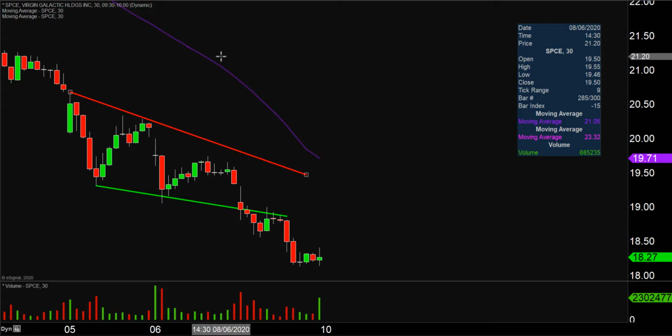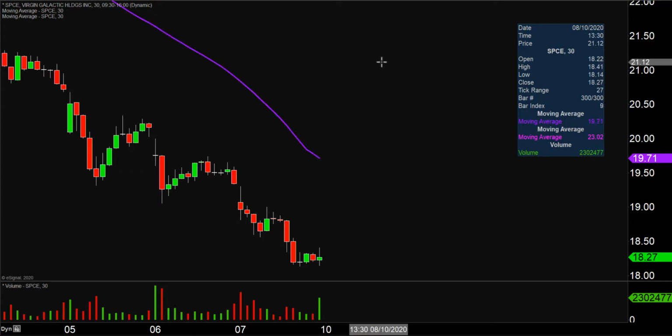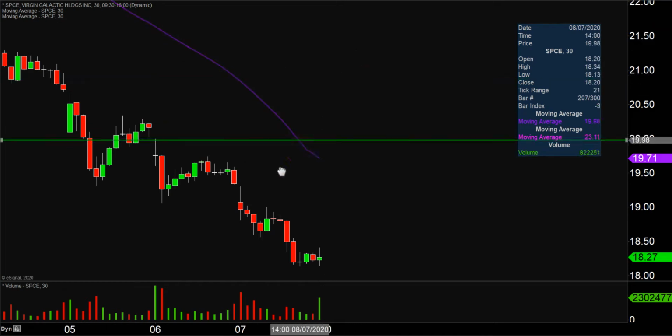So what I'm going to do here is just get rid of those lines. They've served their purpose. The pattern is no longer there. It's been violated. Now, in the event the price does try to bounce, and it's valid right now to think that maybe some sort of bottom is forming,